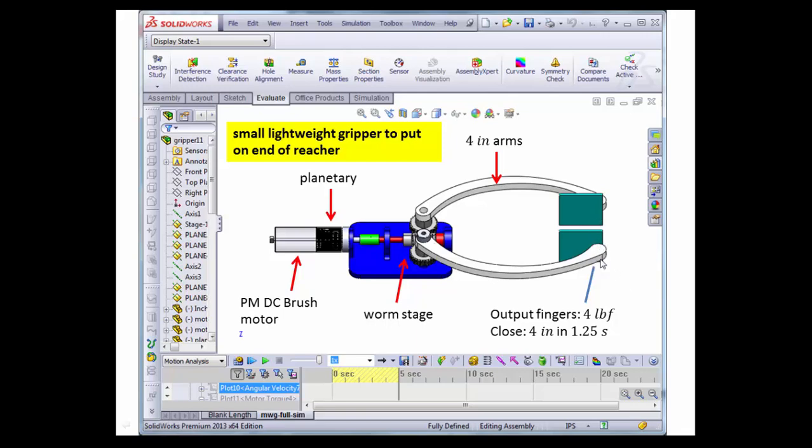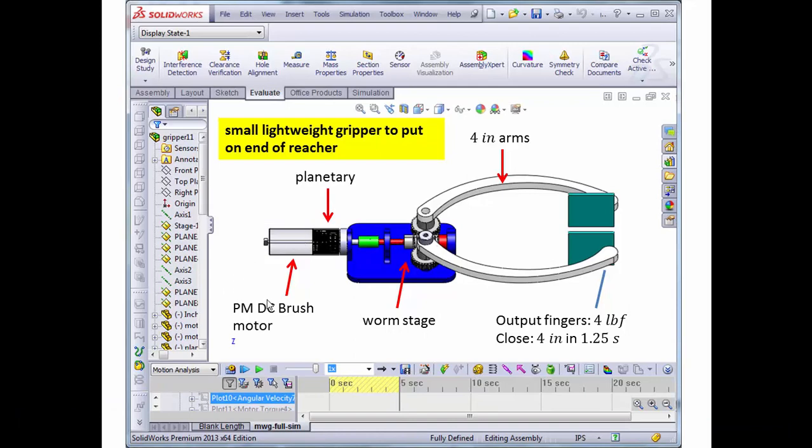It needed to be able to grip with 4 pounds of force on the output fingers, and it needed to close those fingers about 4 inches in just a little over a second. So that was the output of this, and what I'd like to do is think about starting with the output and